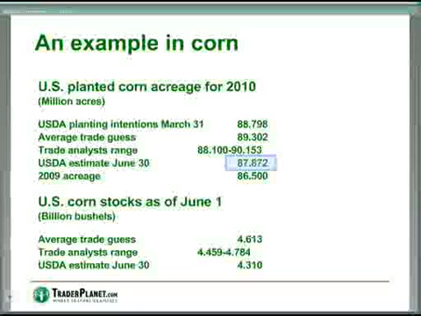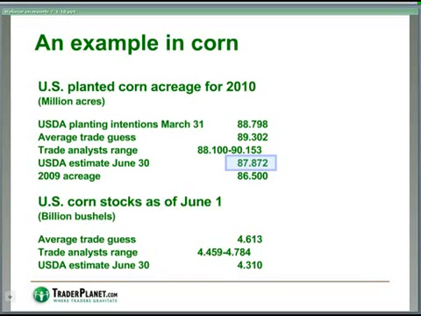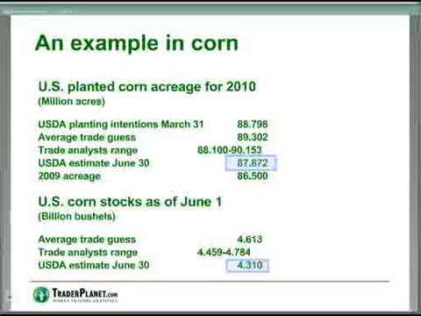The first one is the USDA estimate that was released on June 30th, and they said the planted acreage would be 8 acres. We'll talk about that a little bit. They also said in their other estimate that grain stocks were only 4.3